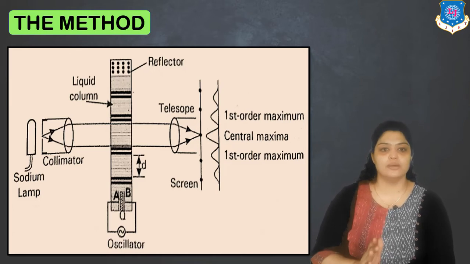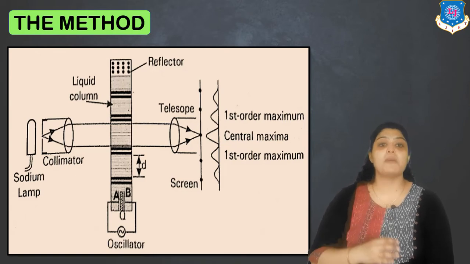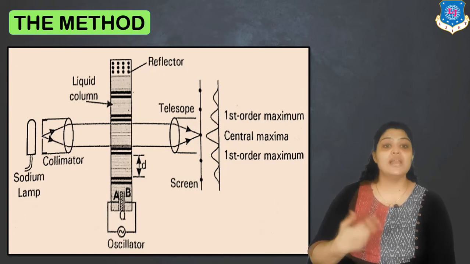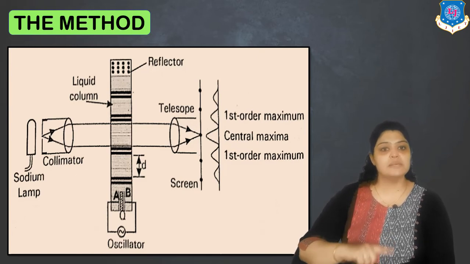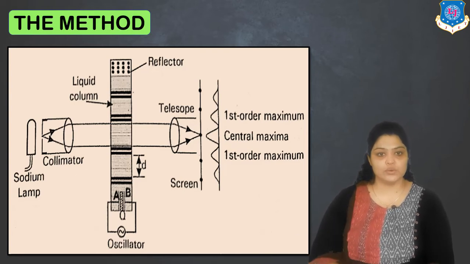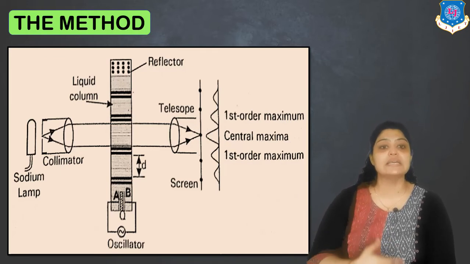in the liquid column. Now in this stationary wave pattern, wherever there is maximum pressure, wherever there is a node, there will be maximum amplitude, maximum disturbance, so maximum density of the material. And wherever there is an antinode present, minimum disturbance, the density of liquid will be minimum. So according to the nodes and antinodes, the liquid which we have filled in between will have a variation in density. Maximum density of liquid at nodes, minimum density of liquid at antinodes. Thus, the liquid which we have filled behaves as a diffraction grating.